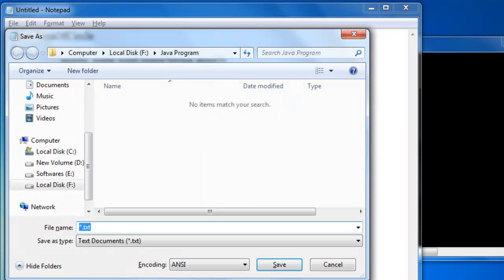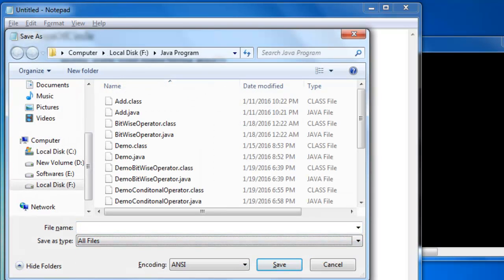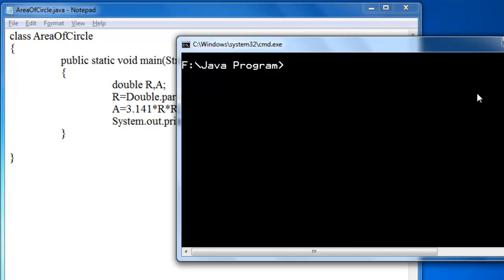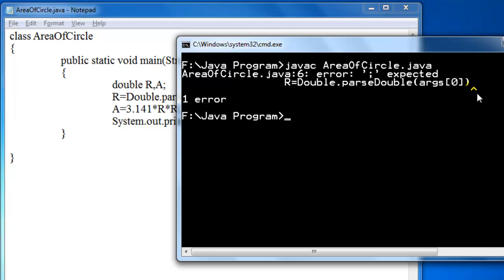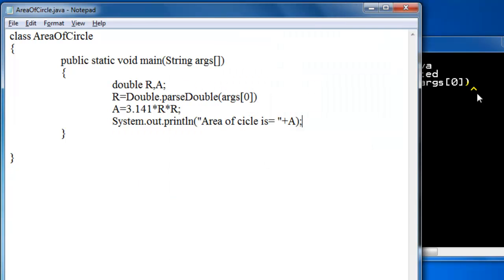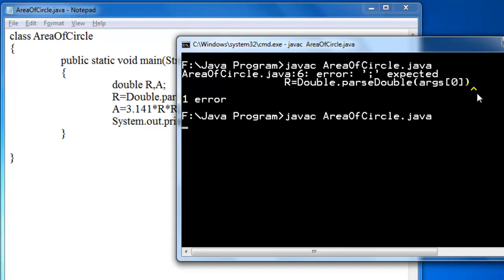So save this program, save as type all files, and give the program name AreaOfCircle.java. Now go to the command prompt and compile the code, javac AreaOfCircle.java. There is an error. Okay, semicolon missing. Put a semicolon, save the program, and compile the code again.